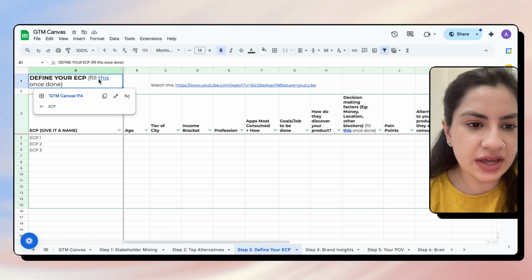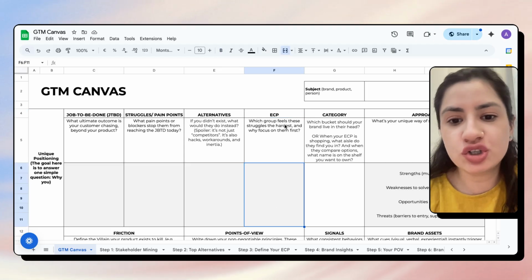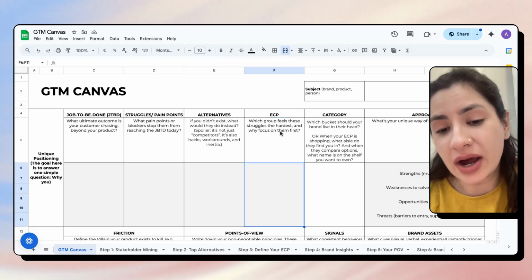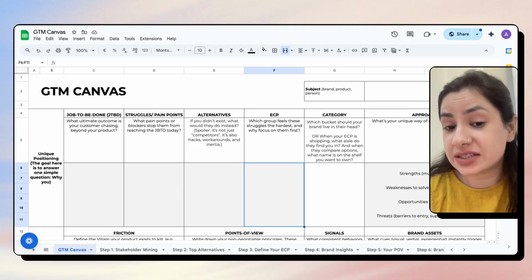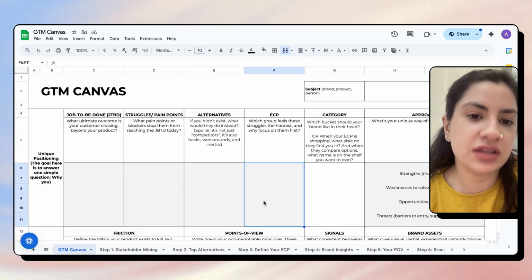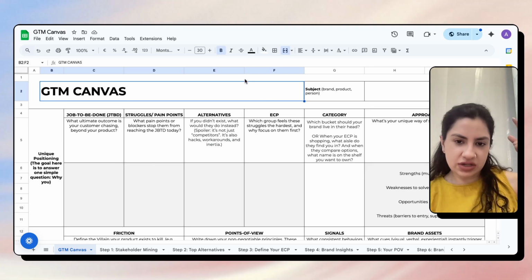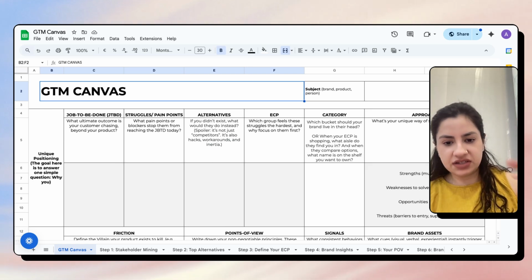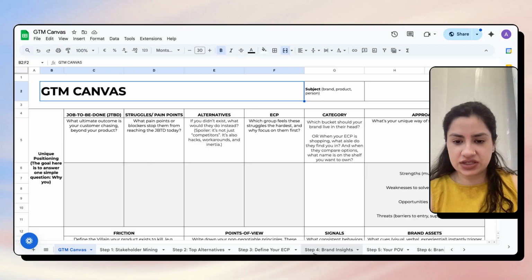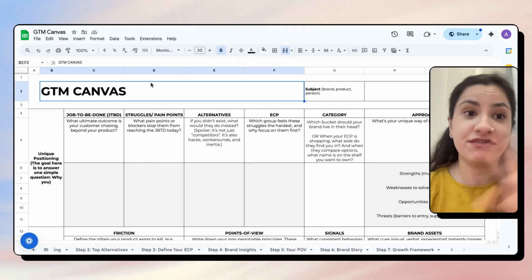Now, when you put this together, you have to go to the ECP category. Which group feels these struggles the hardest, and why focus on them first? You should have an answer for your early customer focus at this stage, and that's what I want you to put here. Okay, so we are done with step one, which is stakeholder mining, step two, which is top alternatives, step three, which is defining your ECP, and now we'll go into brand insights, which is actually going to be my favorite section on